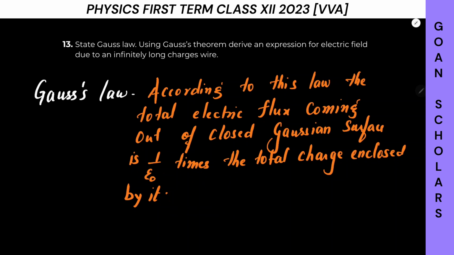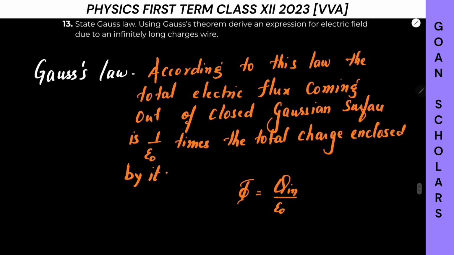Next part says, so basically we have to write the expression also. Flux phi is equal to the total charge enclosed Q inside any closed Gaussian surface by epsilon naught. Okay. Second part of the question says, using Gauss's theorem, derive an expression for electric field due to infinitely long